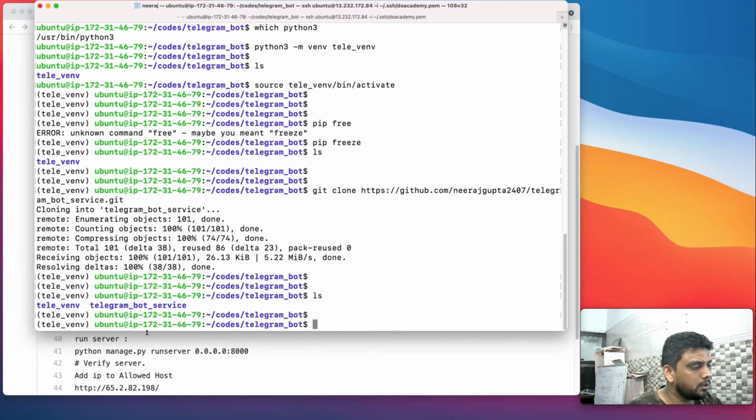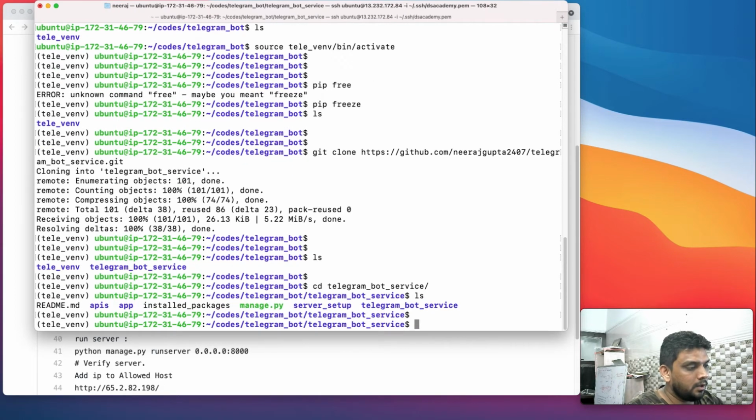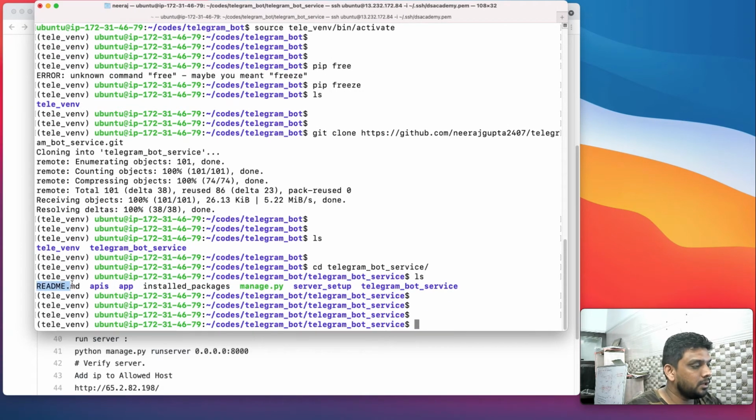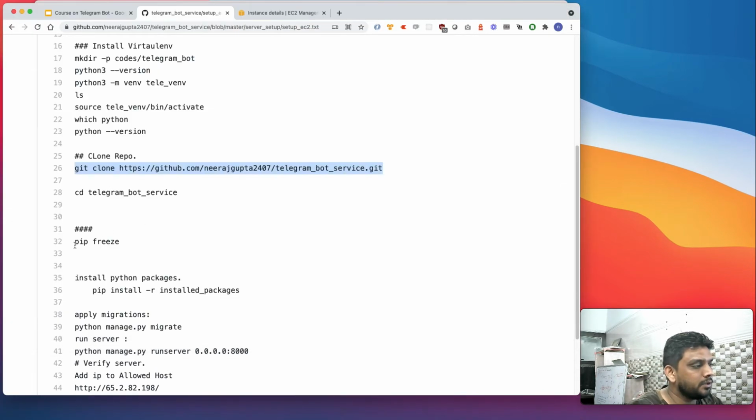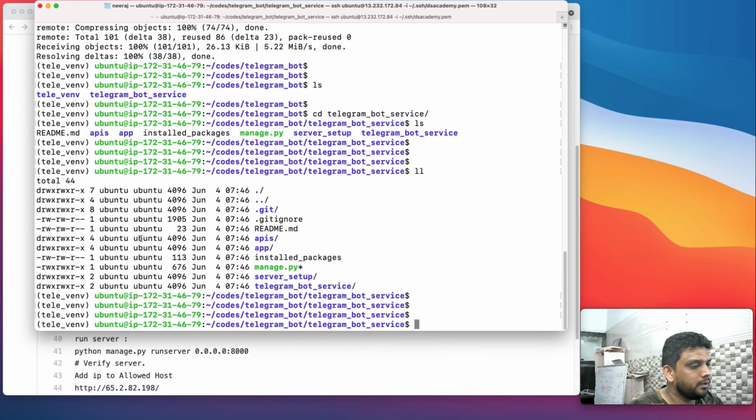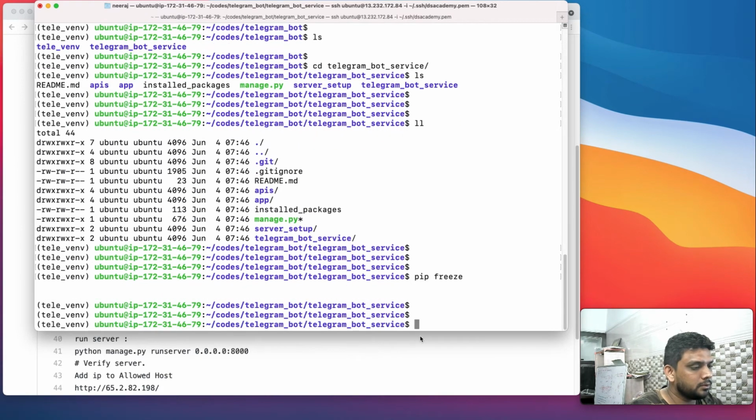Now since the bot services already downloaded the code, let's go to that, and yeah, we can see the readme file and all these packages over here. Since we have got the code, pip freeze is of course empty.